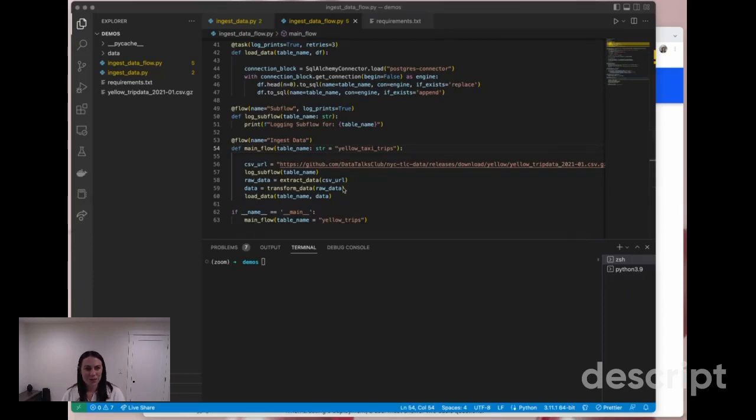Hi y'all, today we're going to be going over how to add parameterization to your flows and create deployments. We're going to expand on the already existing ETL web to GCS Python script that you've already built in the previous modules. So let's go ahead and create a new file here and call it